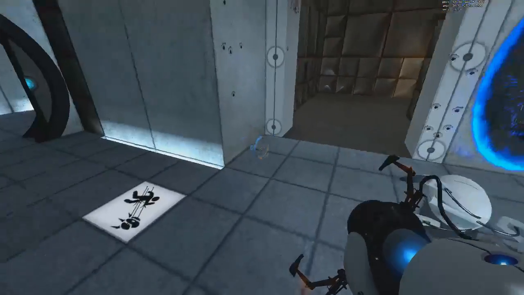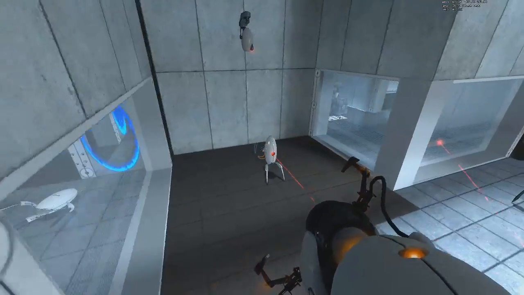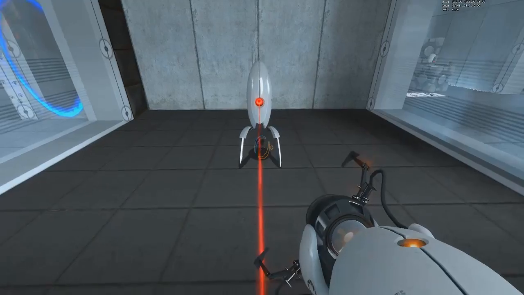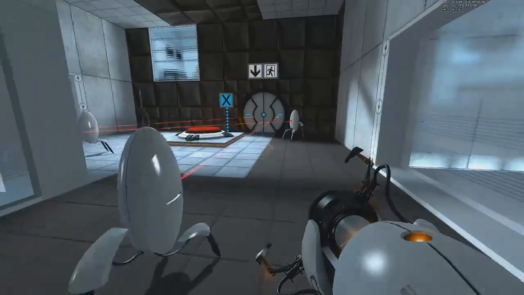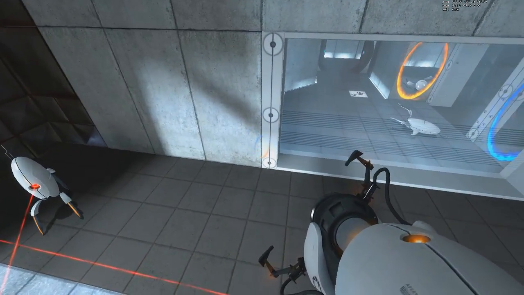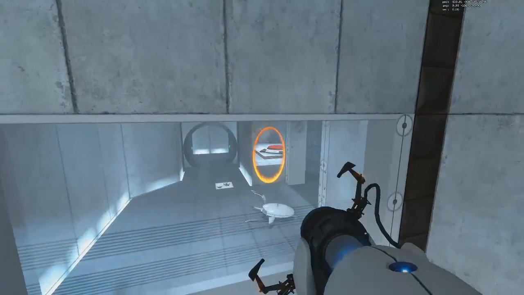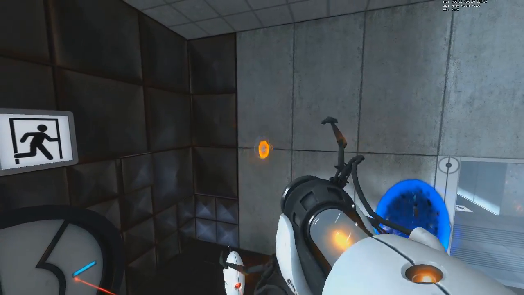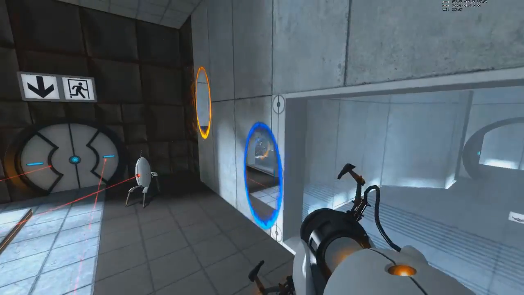So there's blue here, orange here, save glitch, and then I actually have the turrets disabled for the purpose of making this video so that they don't shoot me, so it's easier to show. In the actual video I have them function normally, of course, just to clarify. And then the first portal is blue and it lands over there, and then the second portal is orange and it lands over there, and then